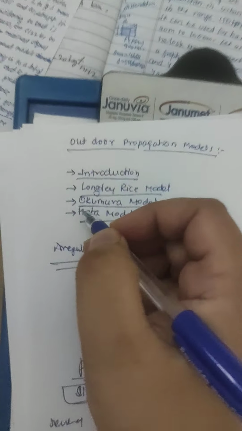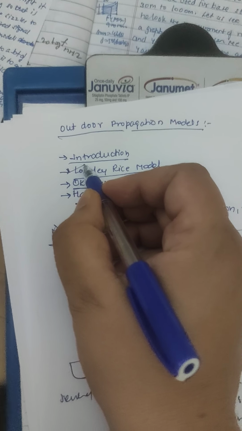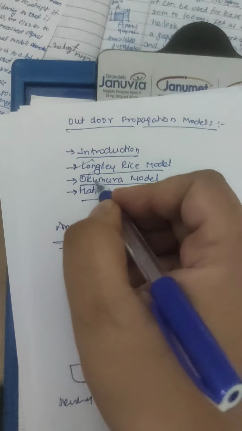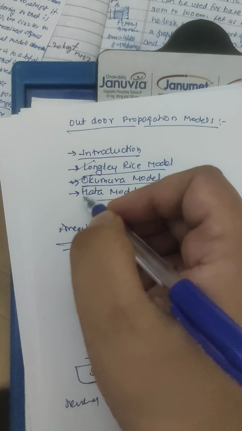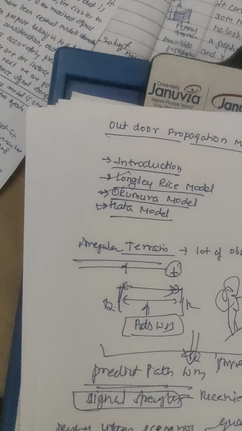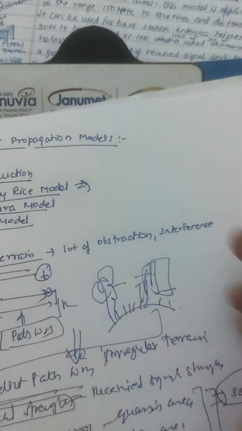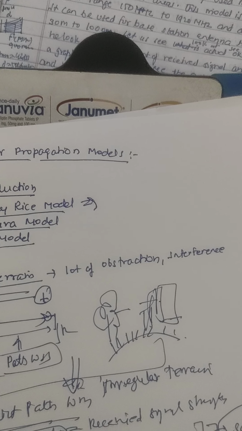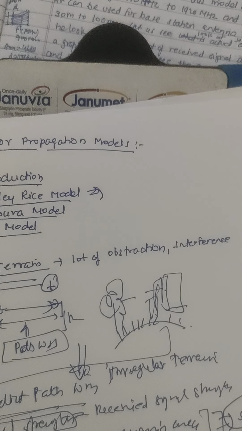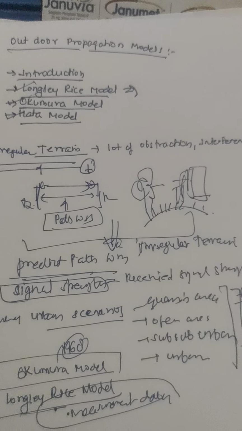There are basically more than three models, but the popular ones are the Longley-Rice model, the Okumura model, and the Hata model. So take the Longley-Rice model. It is applicable to point-to-point connections,